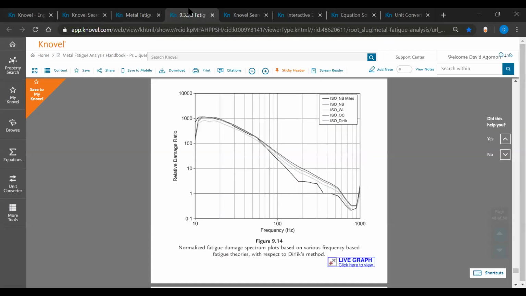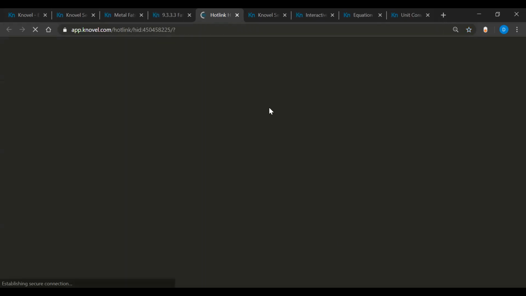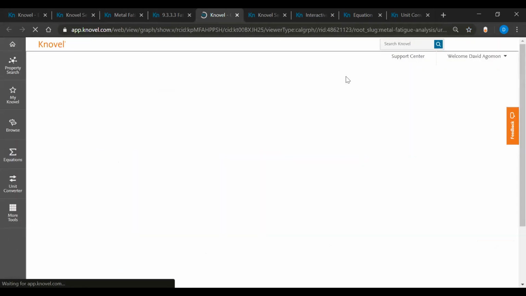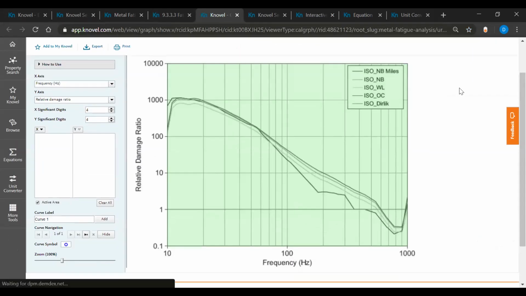The other thing is a graph. So same thing here. When you see a graph, when it's only an image, there is no way to get the data from it. But you can click here on the live graph. And 2 more seconds, and you will have an interactive one. And it means that you can choose points on the graph, and they are added here on the left side. You can even choose another set, choose several sets. And once you're done